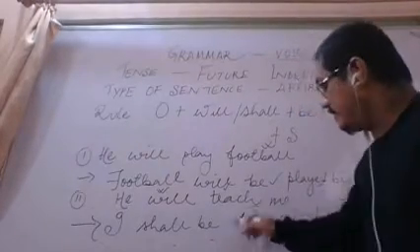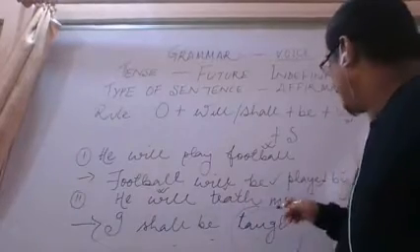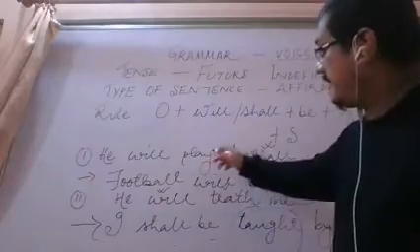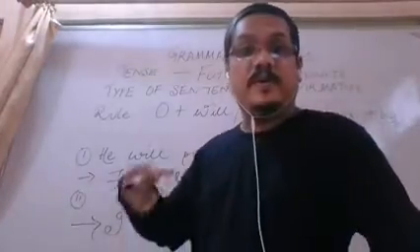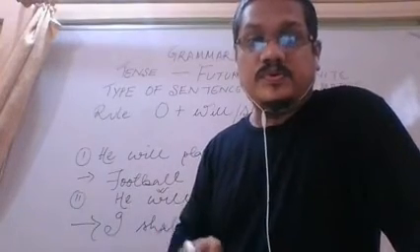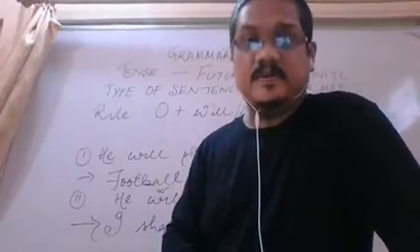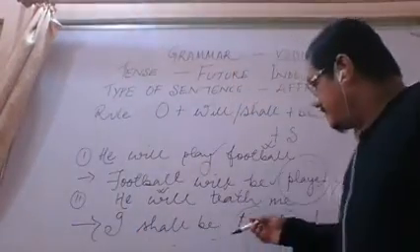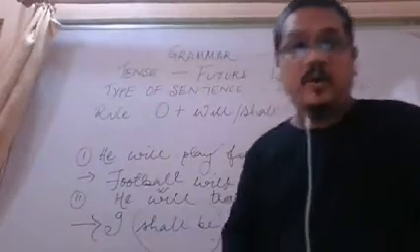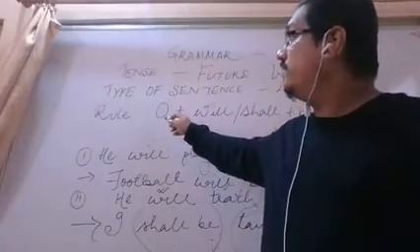So taught is the third form of teach, and here played is the third form of play. So we must remember, we have to anyhow use the third form of the verb and the required auxiliary or modal verbs. So this is the rule for future